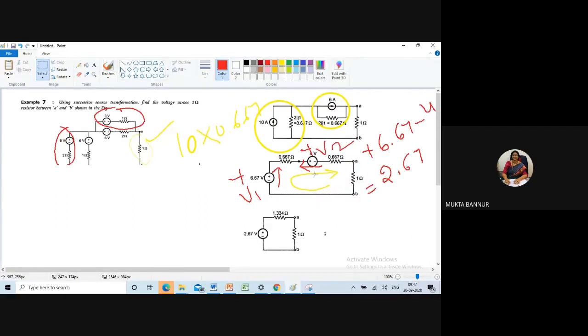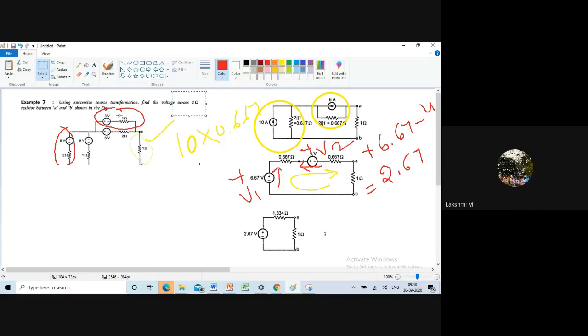See, after analyzing this circuit, what answer have you got? This answer, right? Is this point clear? Lakshmi? Yes, ma'am. After reducing this circuit, we have got this answer, isn't it? What's our objective? Find a voltage across 1 ohm resistor, isn't it? Yes, ma'am. How to get that voltage? Until and unless you know the current through 1 ohm resistor, you cannot evaluate voltage across it.